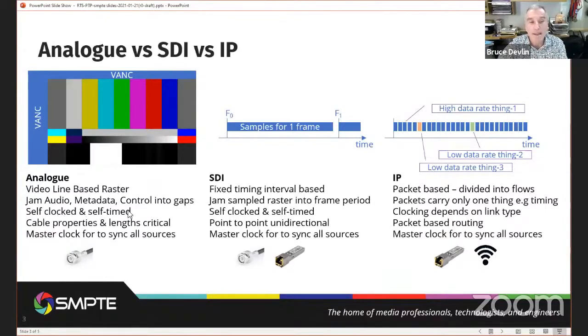But fundamentally, this analog thing that we were putting down coaxial cables was a self-clocked and self-timed signal. And to get everything to time and sync up, you had to cut your cables nice and accurately so that any two routes would arrive at the endpoint to the analog switcher at the right time. We had a master clock, probably somewhere in the facility, that was putting out some sort of regular metronomic heartbeat to try and keep both your black and white and your colored in signals all working nicely.